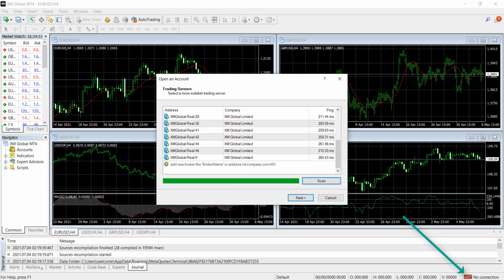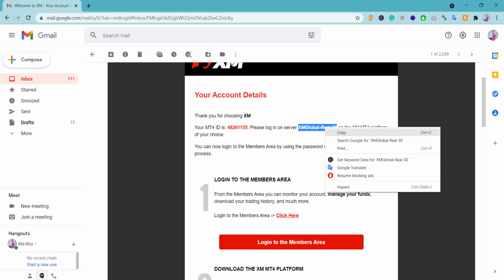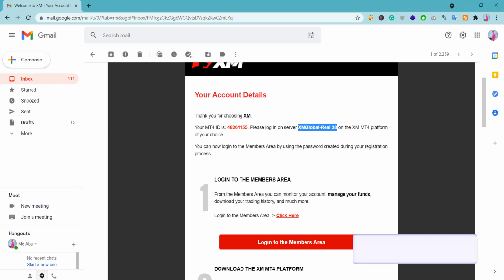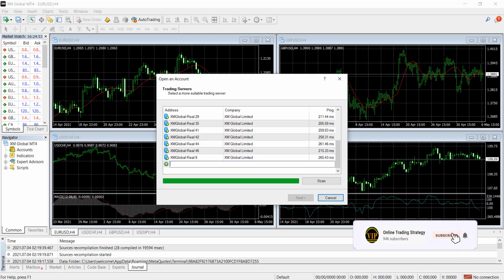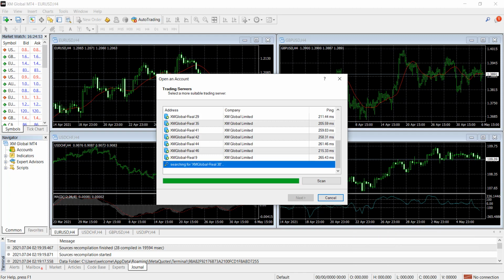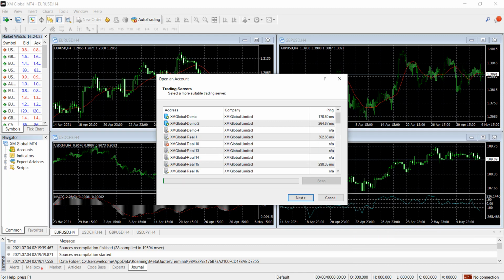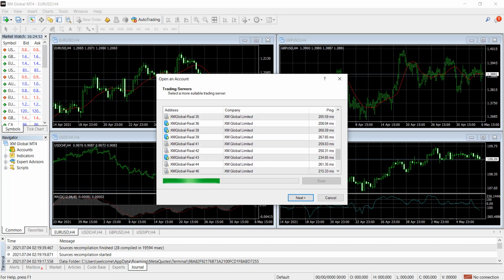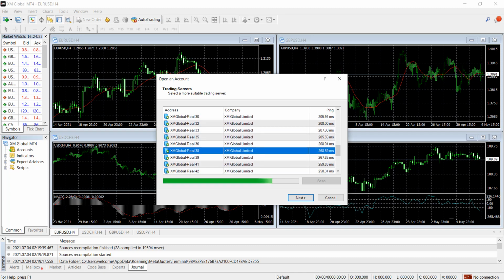Okay, if I don't find it, it doesn't matter, but I can create any option from here. Click this option, then go to your email. After that, copy these server names, then click from here. Okay, then click this. Check, this is my import numbers, 38.